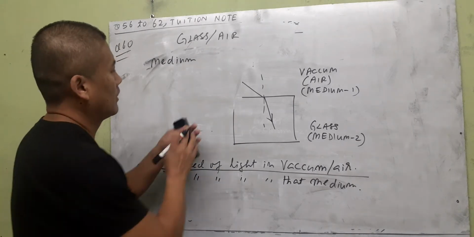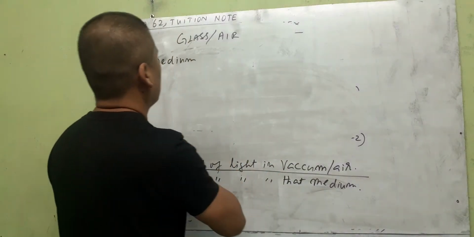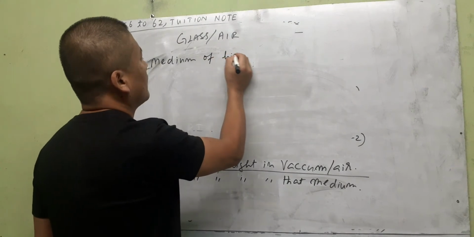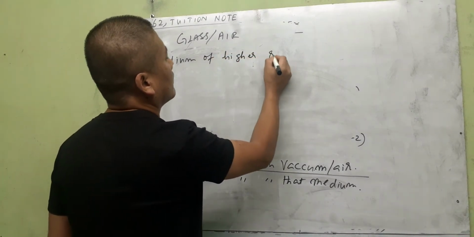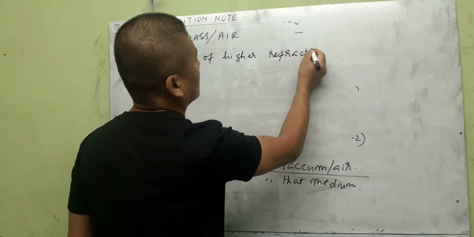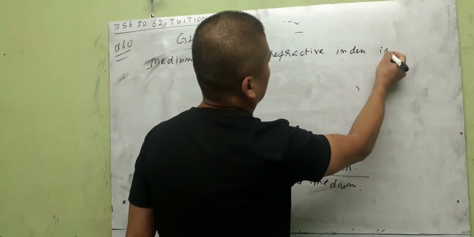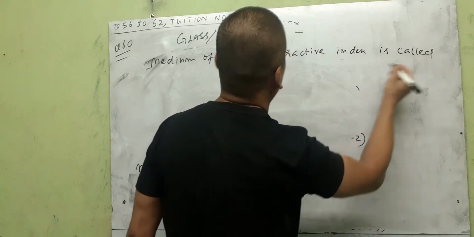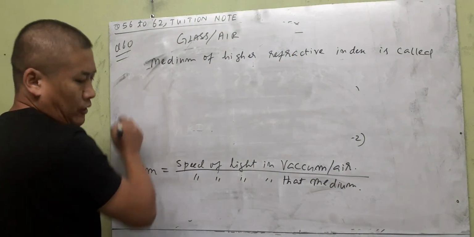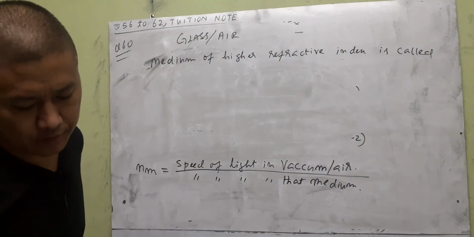Write it down, the medium of higher refractive index is called optically denser,